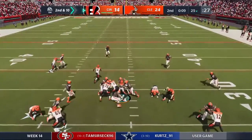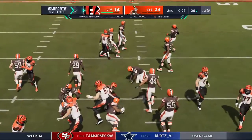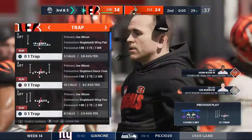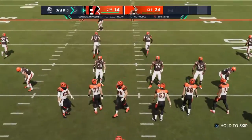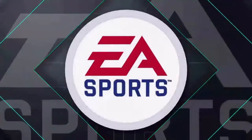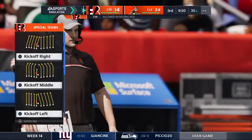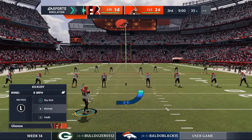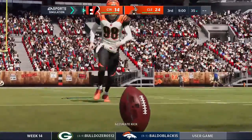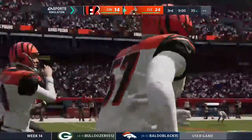Not wanting to take a chance this time, they'll keep it on the ground. And he'll push forward here for a good little run as the clock continues to run. At the 29-yard line. So we reach halftime. Due to time constraints, we move you forward in today's broadcast to the beginning of the third quarter. Bengals 14. The Browns are going to get the second half kickoff, and they've got this lead as well as